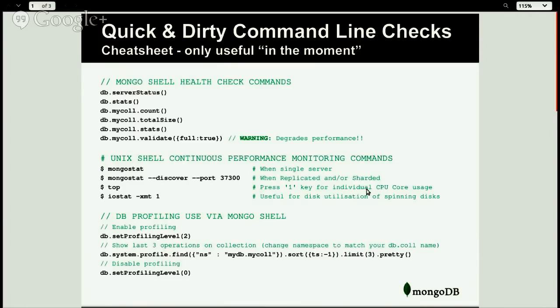Did they hit indexes or not? What was the query plan and the like? So it may or may not be useful. Many of you might be doing this already. And as I said before, the thing about this is it shows you what's happening in the moment right now, but it won't show you what's happening over time or historically, which is key to things like Server Density and